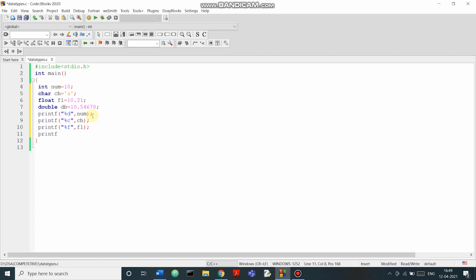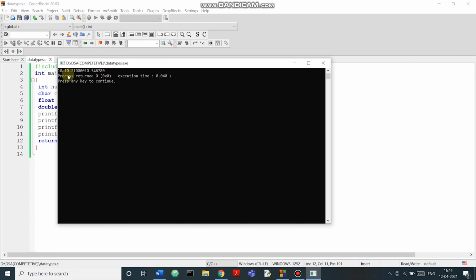Similarly, for double you need to write %lf and I will give the variable name. So this is how you print a particular variable giving the format specifier. Now as my int main is not returning anything, I will just write return 0 and I will execute this program. So it is giving 10 and 10.2100